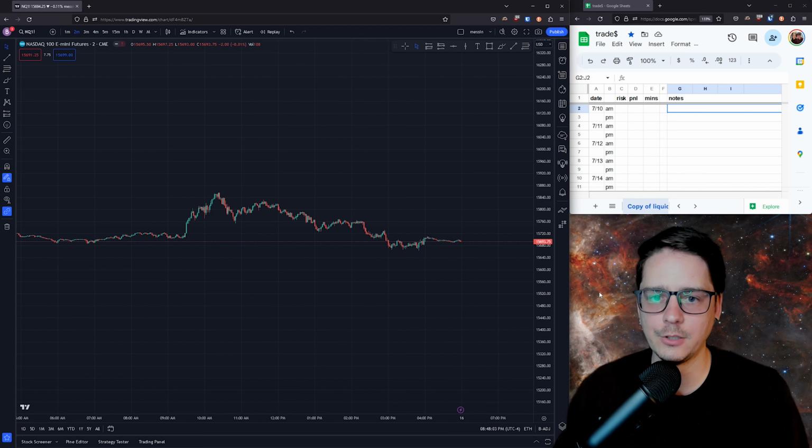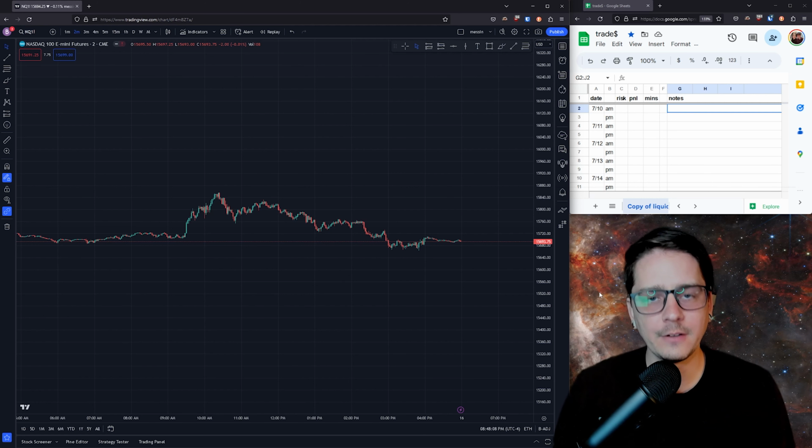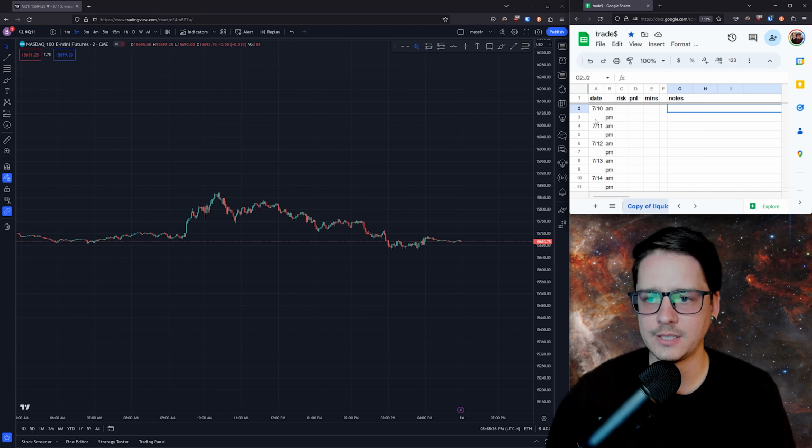So the plan is we're going to do a week's worth of back testing, and it's fairly quick with this strategy because I only have 2 opportunities a day anyways, and it's very easy to spot a setup if it's there and then determine if it's going to be a winner or a loser and then move on to the next one. So first things first is I have a Google Drive Excel sheet where, for my purposes, since I'm